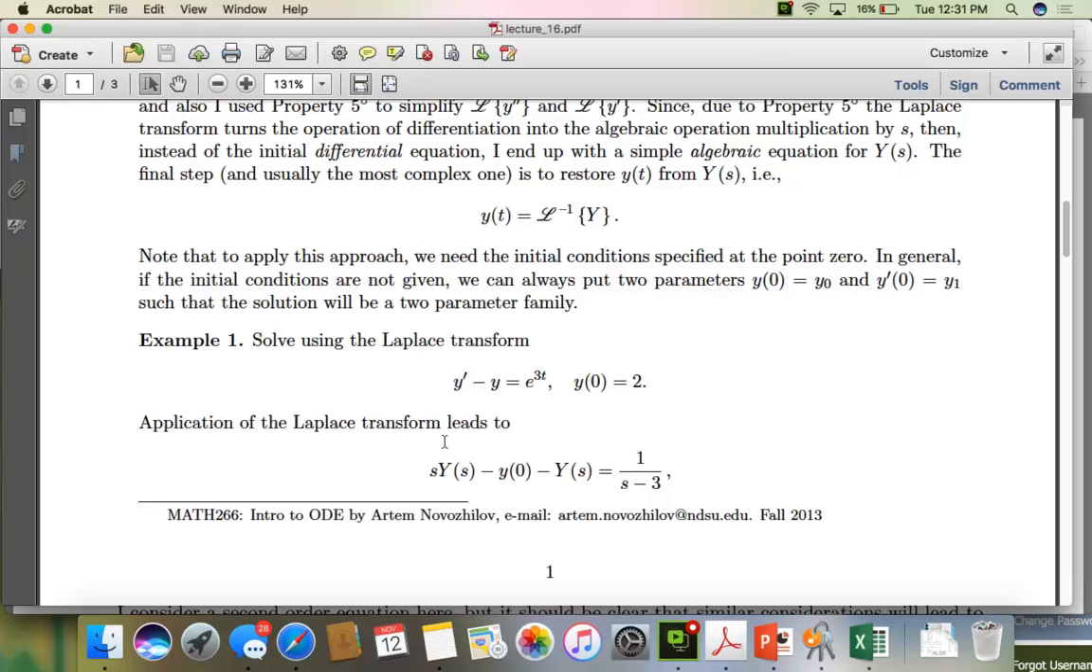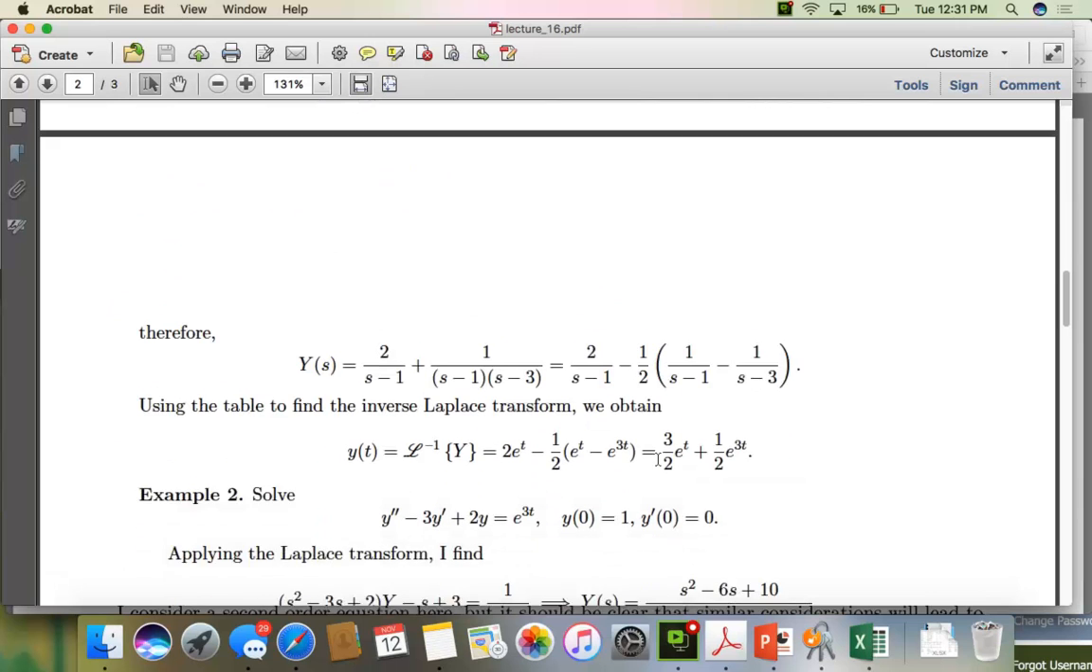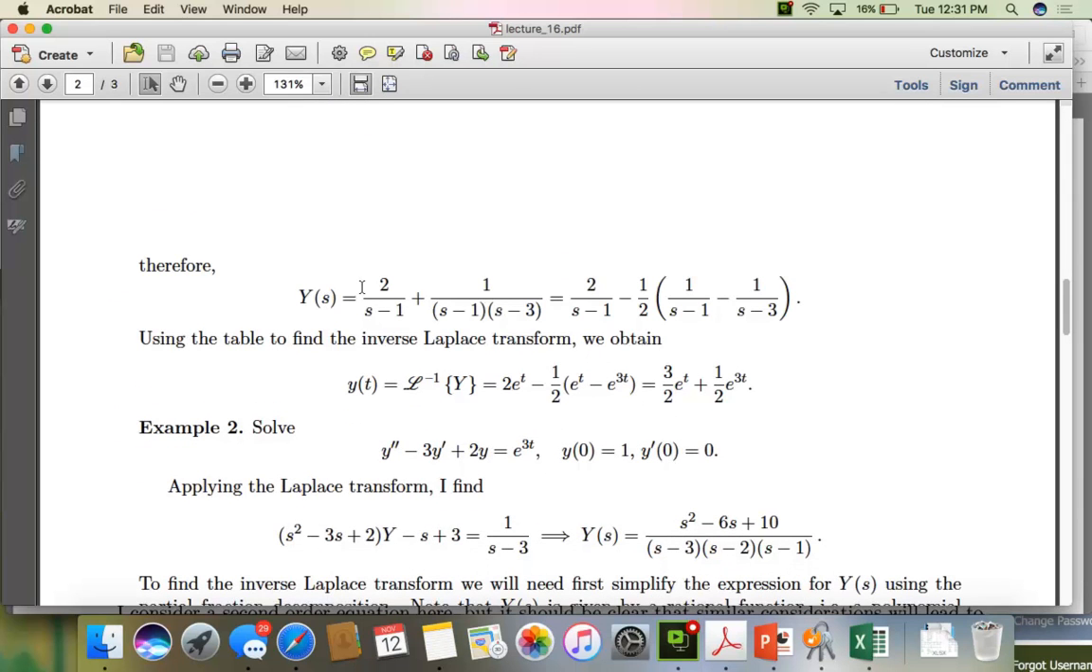So we get sY(s) minus y(0). And then y(t) will transform to Y(s). And then over here on the right-hand side, e to the 3t, if you look that up on the table, that's going to be 1 over s minus 3. So now, if we come one step further and start doing some algebraic simplification, we find that we get this